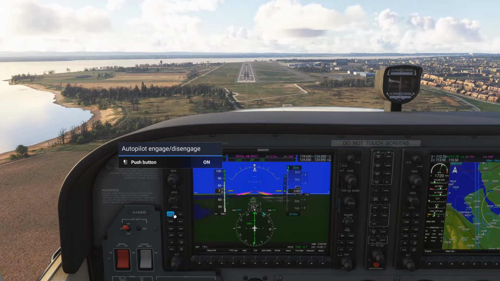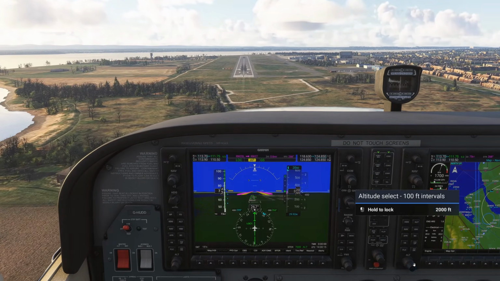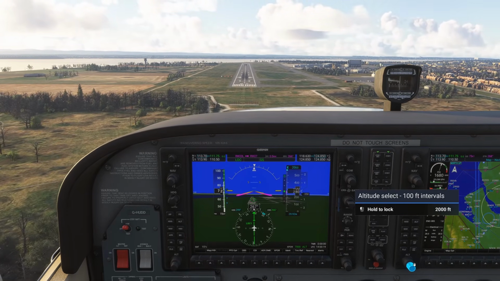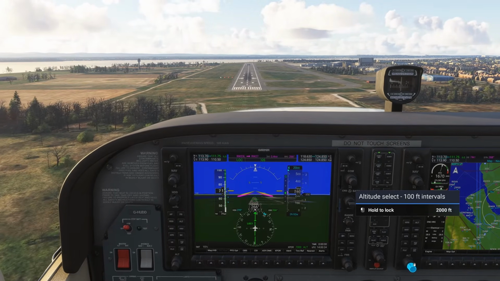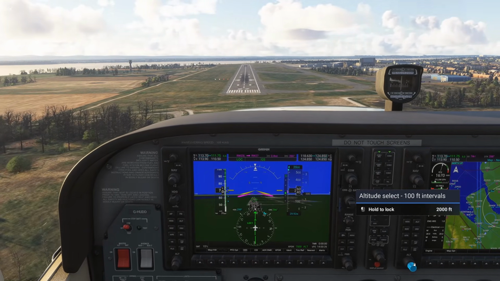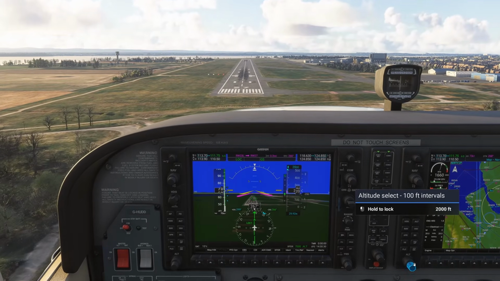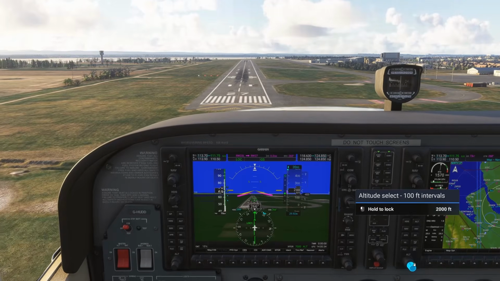So there we go, bring that throttle back slightly. I'm going to take autopilot off now. And I'm taking over, so I've got my hands on my yoke, got my hands on my throttle. Going to reduce my throttle a tiny bit, but I'm going to wait till we're past these lights of the runway and we're over the runway numbers. Try and maintain centre line. There we go, about there. Reduce my throttle slowly